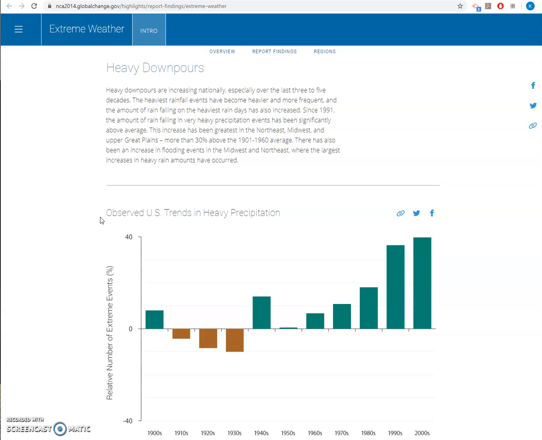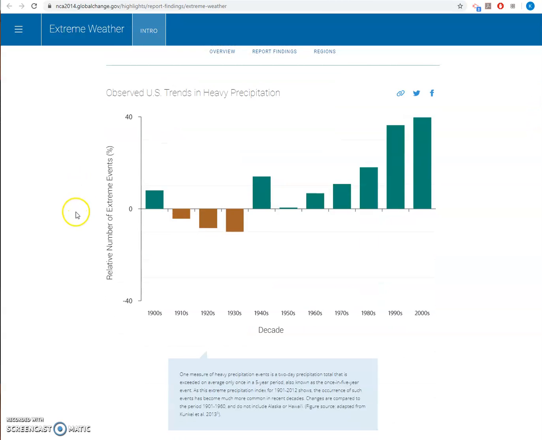Like recently in my neighborhood, we had rain. It was so bad that everyone's basement flooded, and people were putting their carpet out on the sidewalk to get rid of because their basements were ruined, and that hasn't happened since they've lived in the house. Maybe they've been there for 30 years or 40 years or whatever. So that was a pretty heavy precipitation event. So we're starting to see more of it.